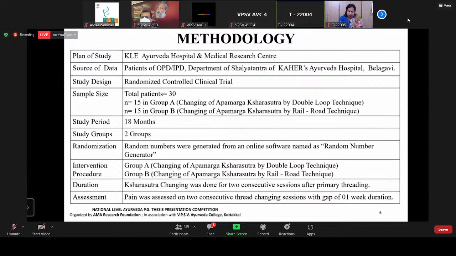Randomization was done by online software, a random number generator. As the intervention procedure, group A thread changing is by the double loop technique and group B thread changing of Sharsutra is by the railroad technique. Sharsutra changing was done for consecutive sessions after primary threading. For assessment, pain was assessed on two consecutive thread changing sessions with a gap of one week. Now coming to the inclusion criteria, the patient of fistula-in-ano, and the second is patients selected between the age group of